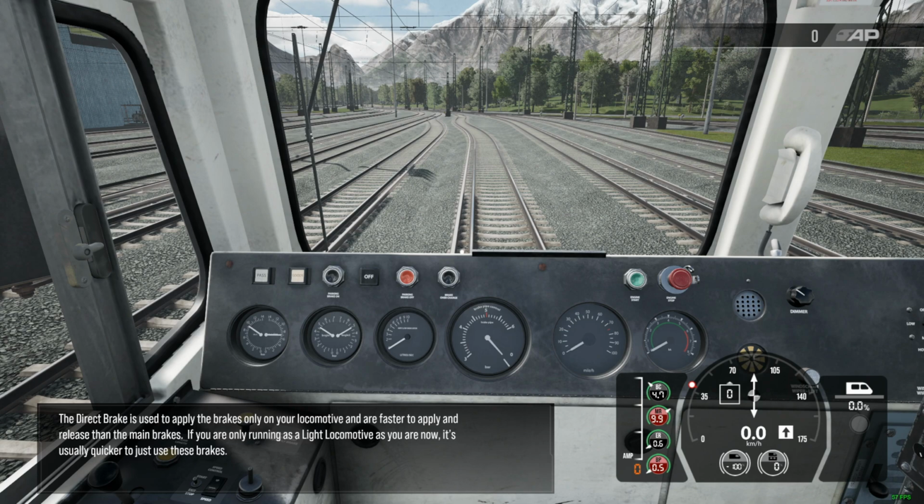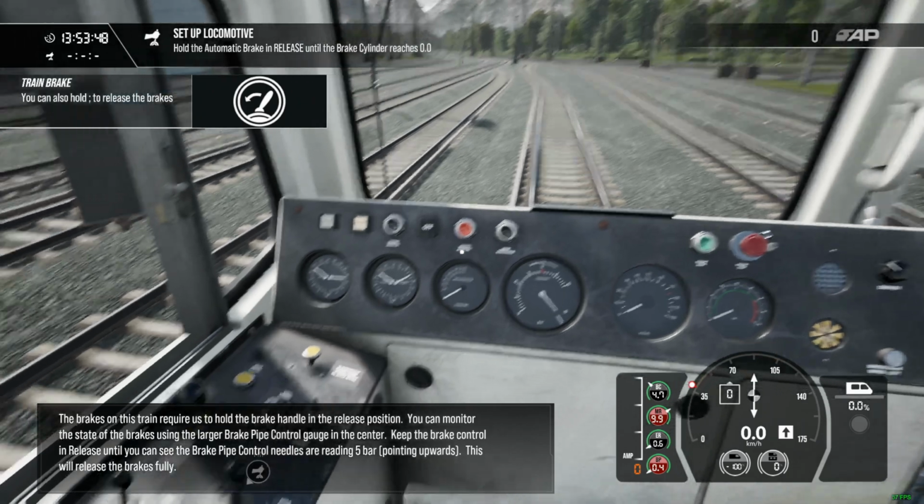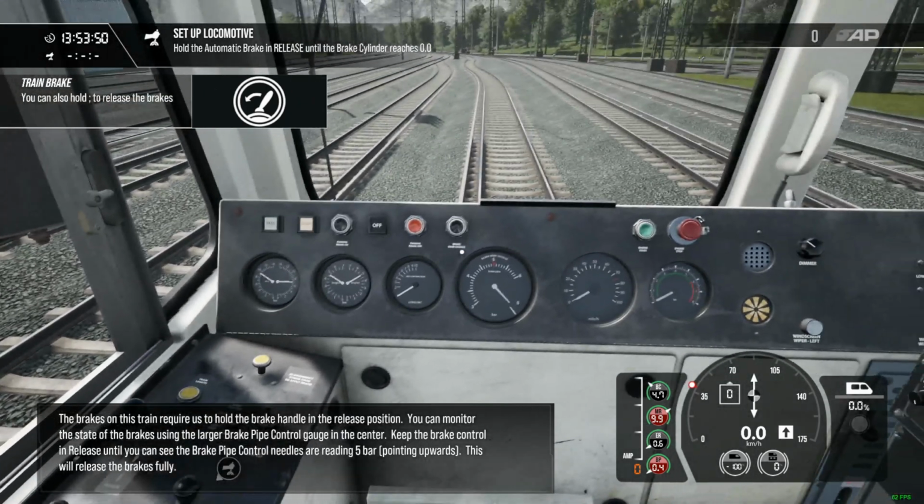The direct brake is used to apply the brakes only on your locomotive and is faster to apply and release than the main brakes. If you're only running as a light locomotive, as you are now, it's usually quicker to just use these brakes. Now, the brakes on this train require us to hold the brake handle in the release